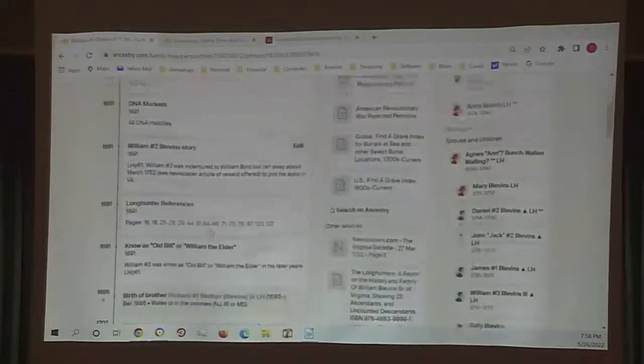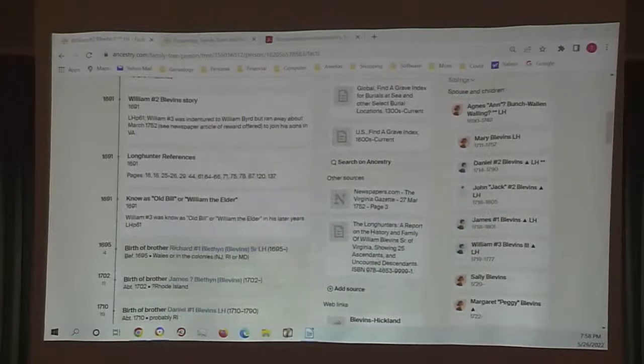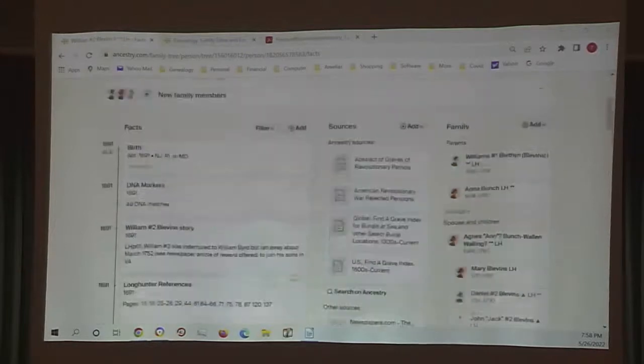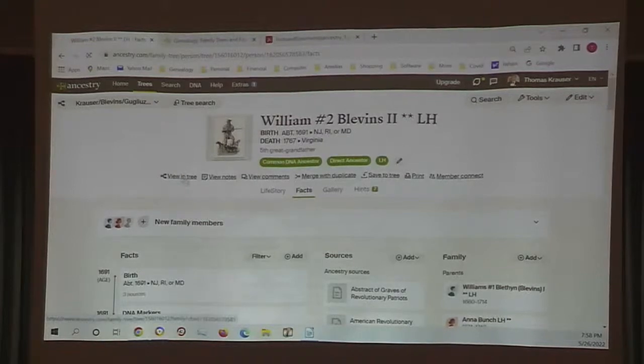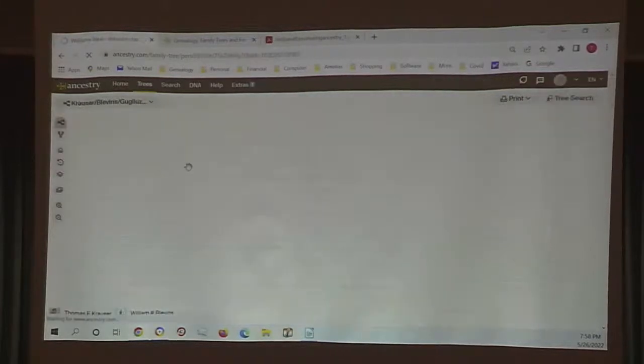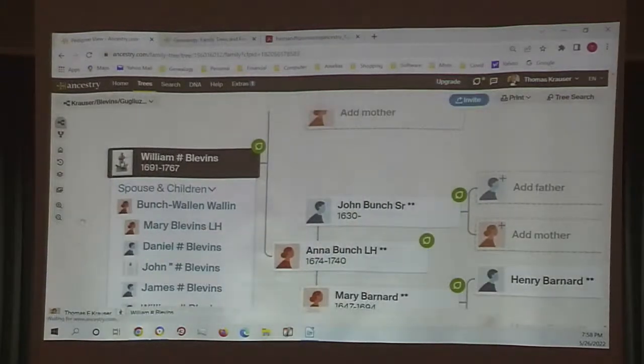And one of the things, whoops, this is not a person that would have a census anyway. But anyway, let me get back. Where's my cursor? There we go. All right, so if I go to view and tree, I'm trying to think of a person that I have an example for that, and